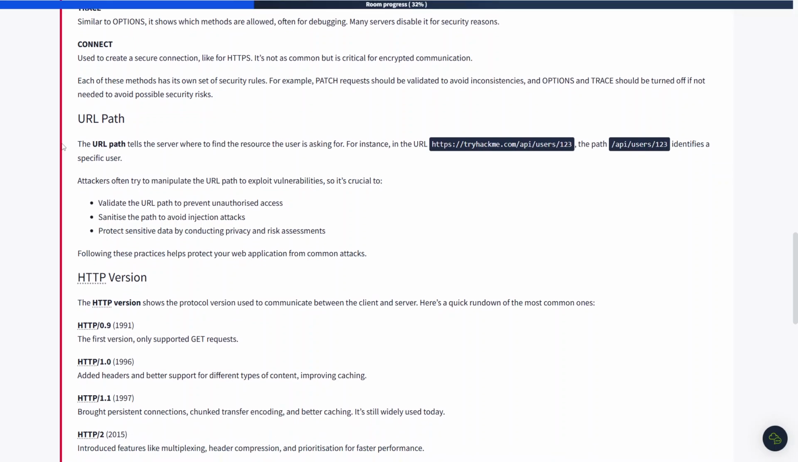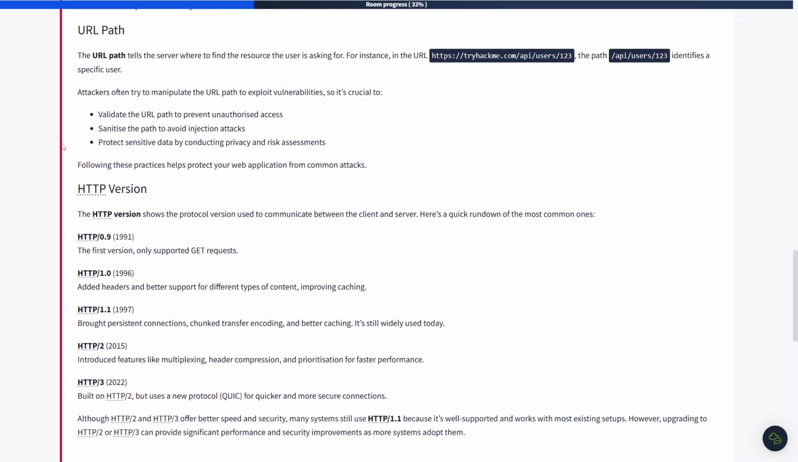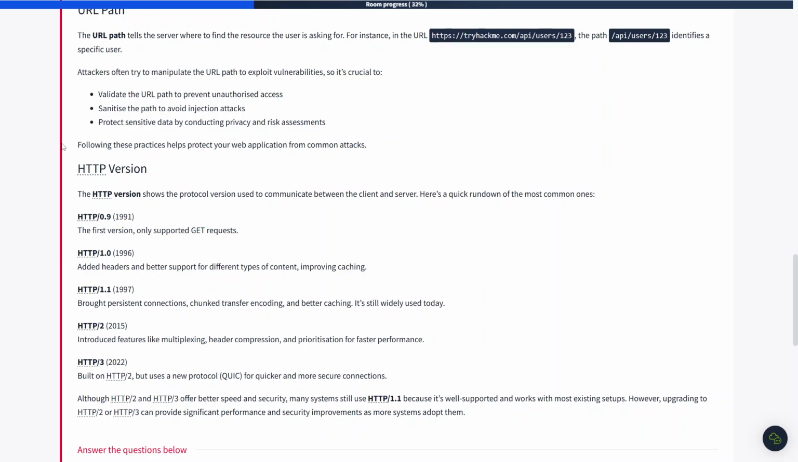Each of these methods has its own security rules. For example, PATCH requests should be validated to avoid inconsistencies, and OPTIONS and TRACE should be turned off if not needed to avoid possible security risks. Next, URL path. The URL path tells the server where to find the resource the user is asking for. For instance, in the URL